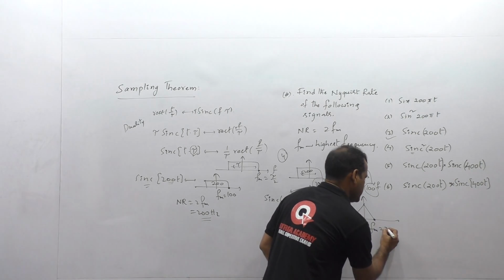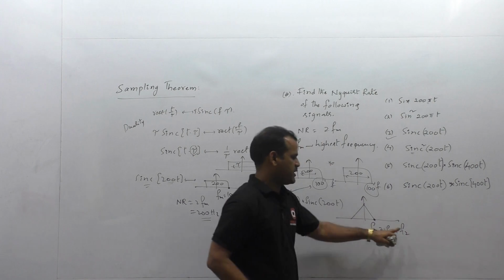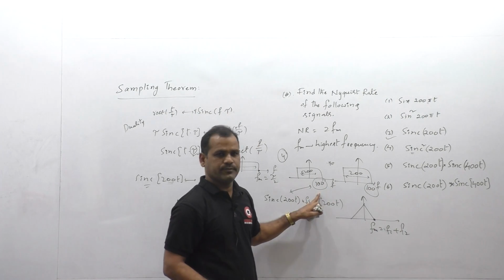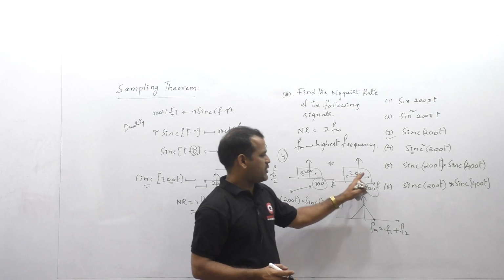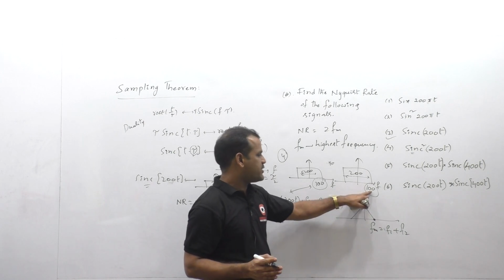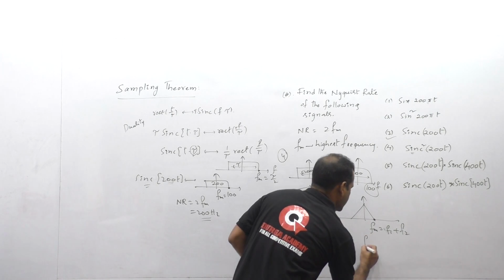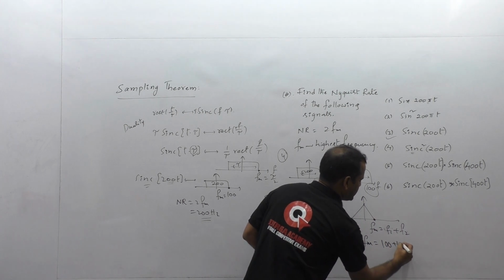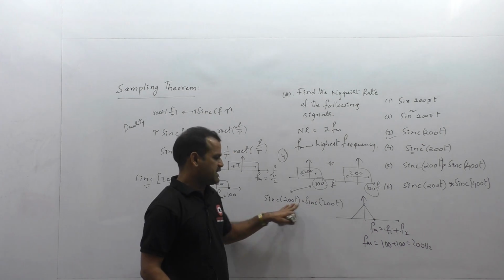Observe here, Fm is equal to 2 times R. Here you can take F1 plus F2, where F1, F2 are the highest frequency components of the individual signals. In this case, of course, both are the same. In any convolution of two spectrums, you can observe one point: after convolution of two signals, we will get the highest frequency component equal to the sum of the individual highest frequency components of those signals. So from that, here we are getting the highest frequency of this signal, F1 plus F2, that is 100 plus 100, we are getting 200 Hz, the highest frequency component of this sinc square function.